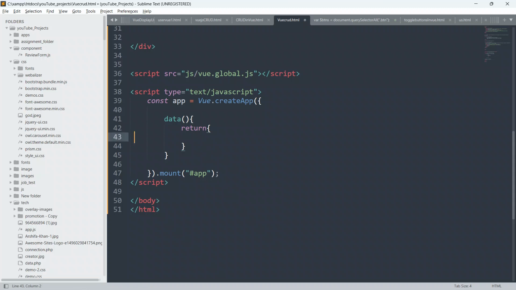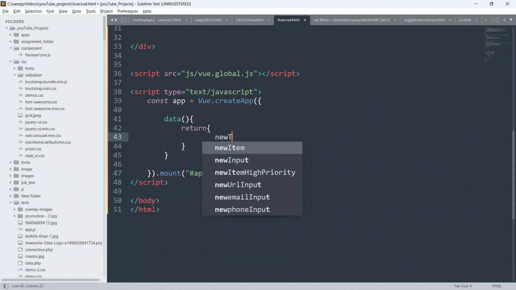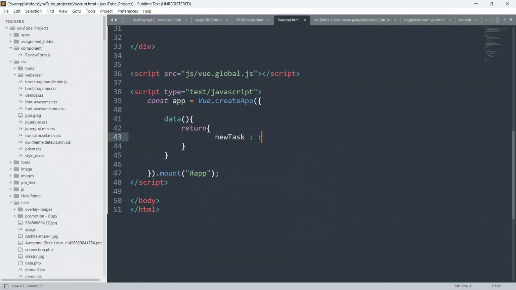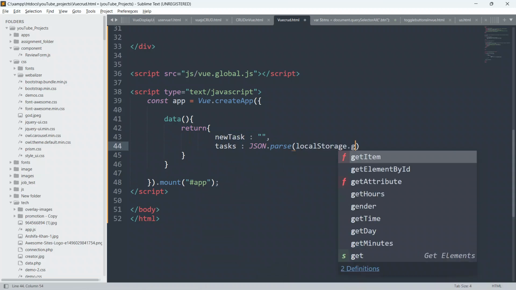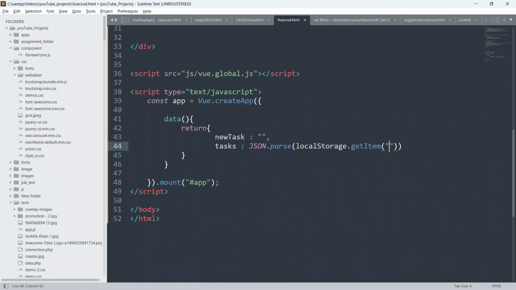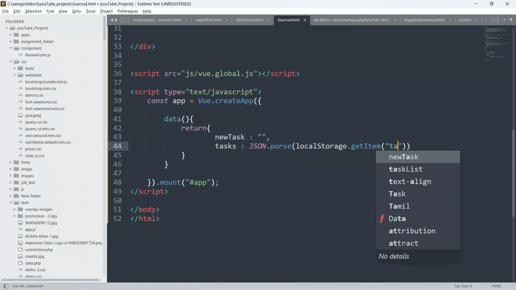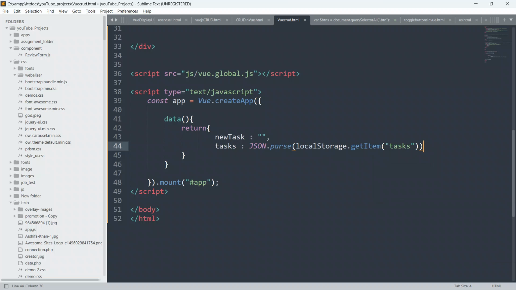I will say newTask colon, as of now just give an empty string, put a comma, and I will also create a tasks array. I will say JSON.parse, and window or just localStorage.getItem by its key, and I will provide the key as tasks, or if there is nothing in the local storage, I will just initialize an empty array.